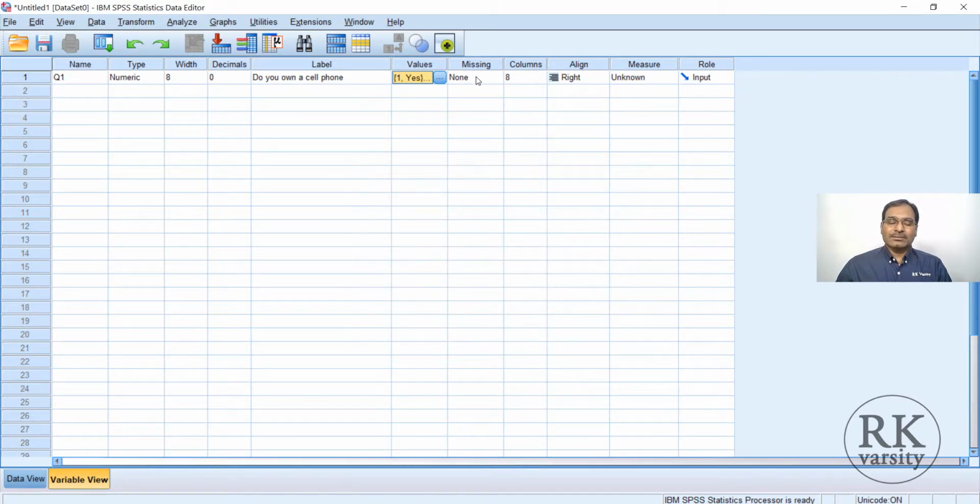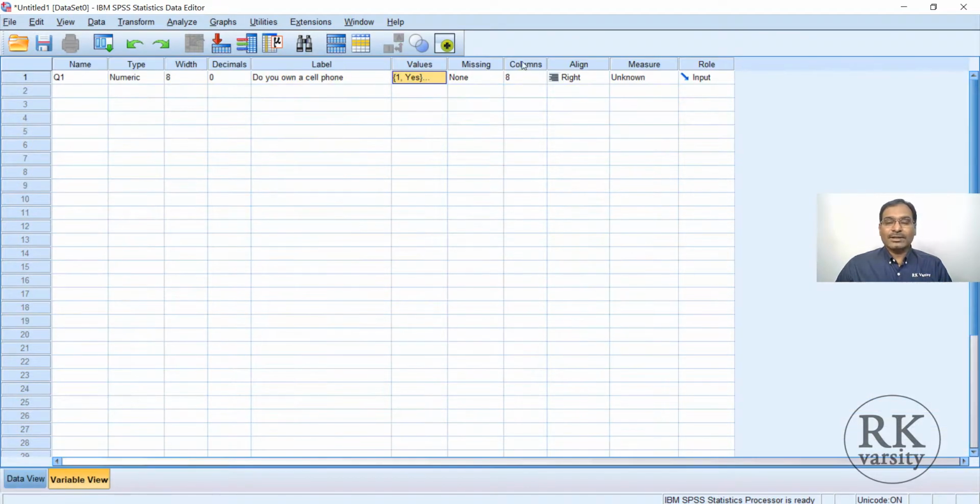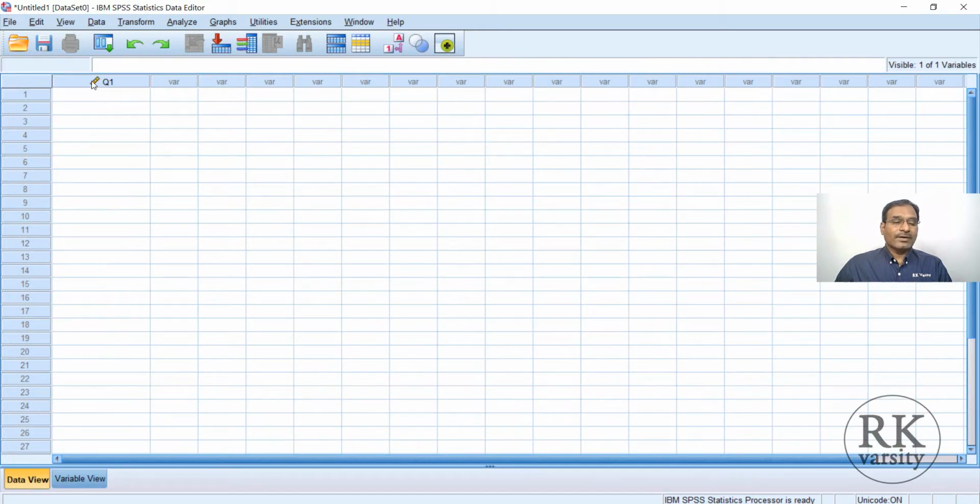Missing values: unless you are very specific, ignore this one. Column width is how the column width in the data view should appear. Here the column width is 8. If you increase this column width from 8 to 16, you can see that the column width is increased here. If you have very big variable names, you can increase the column width.